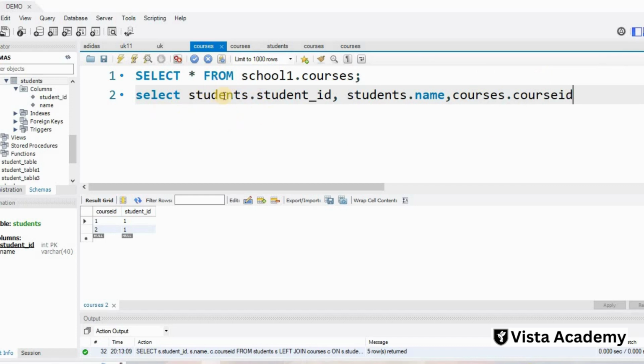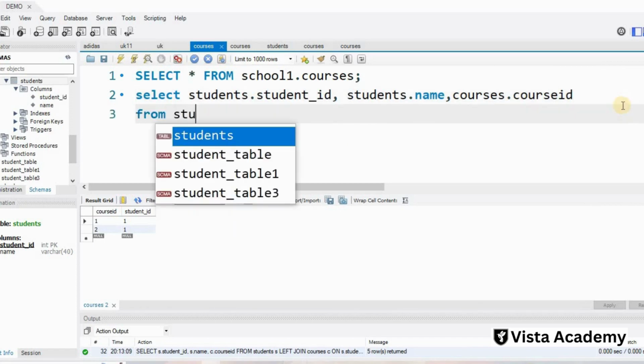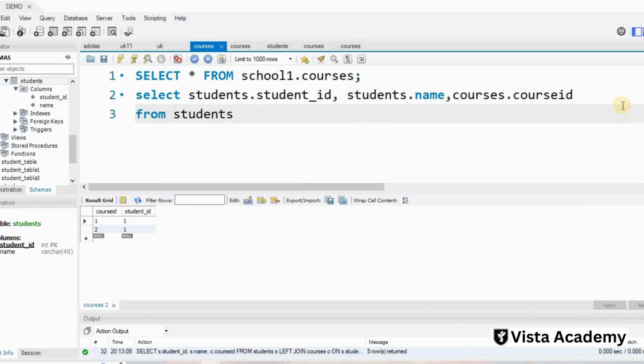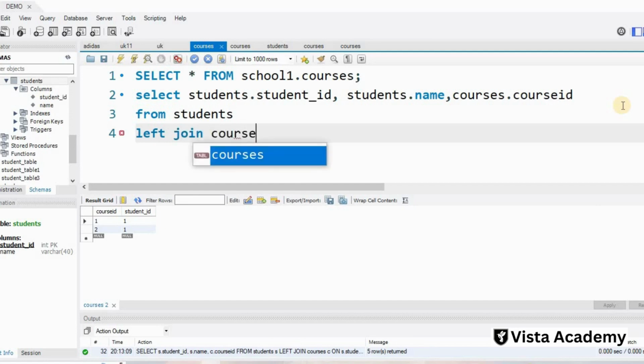From table 1 we will take student ID and student name, and from our course table we will take course ID. Next thing is from where we have to take it. Like we are doing the left join, so I will take the students table. Then I will write the command left join, and here I will write courses